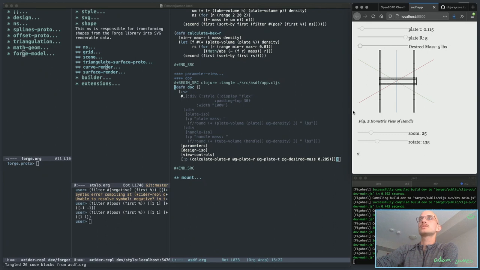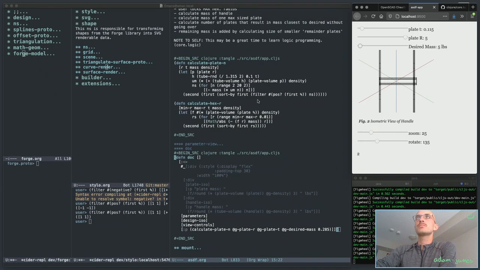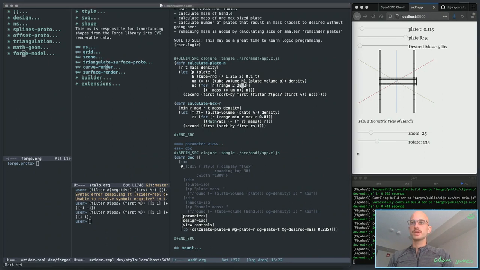Yeah, okay. So the hard-coded minimum n here should be probably a lot bigger. Let's make it 60. Okay, so using that, we should actually be able to use this, calculate plate n, as a basis for n